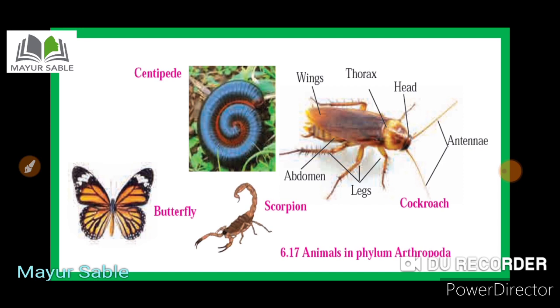The second question is: which are the animals from phylum Arthropoda that have the shortest and longest lifespan? Listen to the question again. Which are the animals from phylum Arthropoda that have the shortest and longest lifespan? And my third question is: why has it been said that only insects directly compete with humans for food? Listen to the question. Why has it been said that only insects directly compete with humans for food?